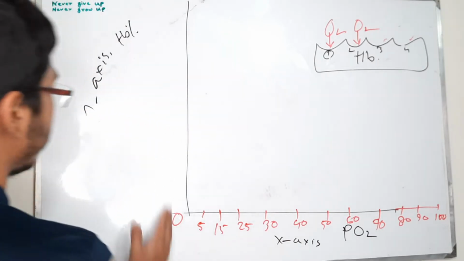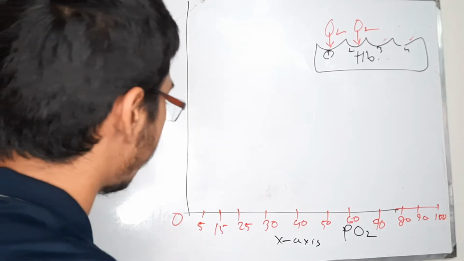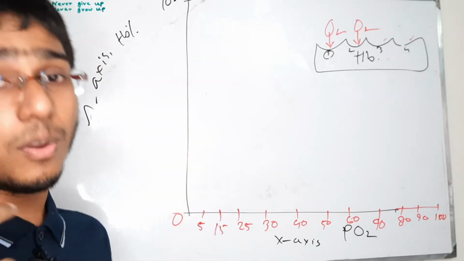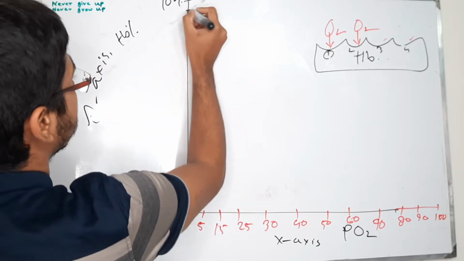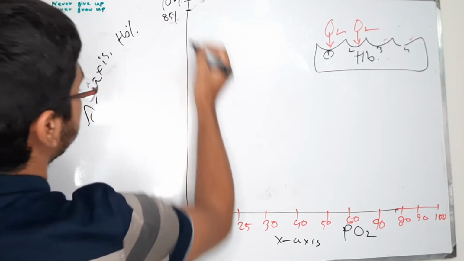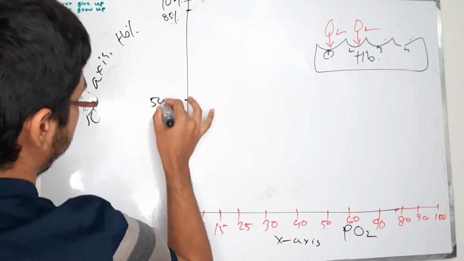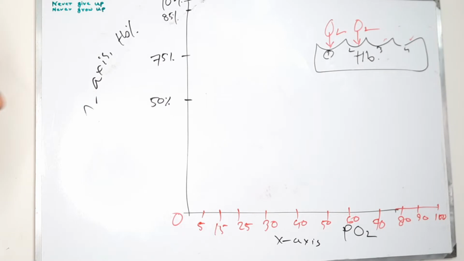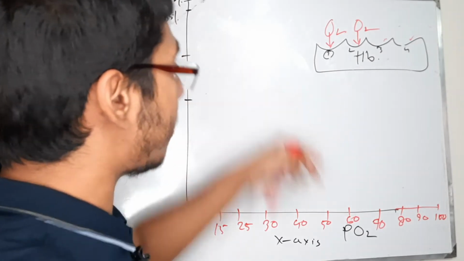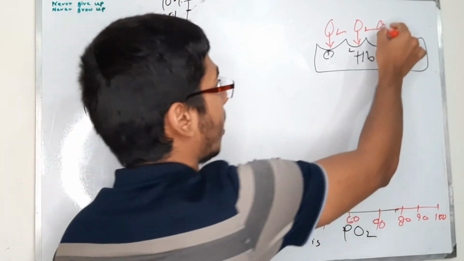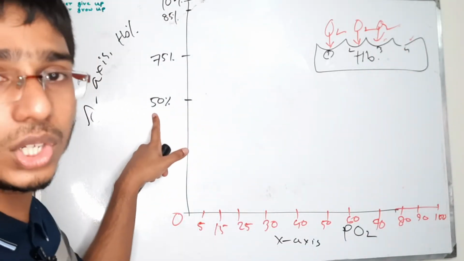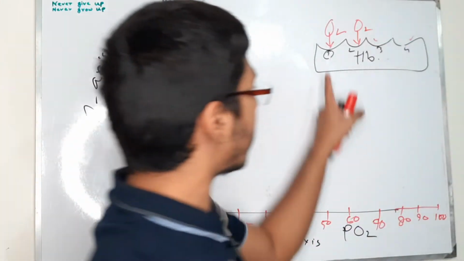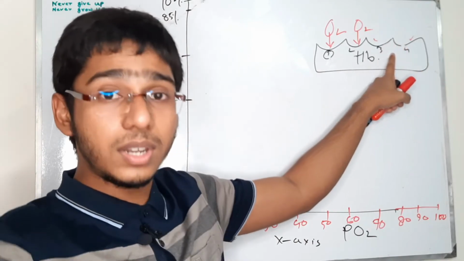Now across this y-axis we'll be plotting the saturation. So let us just suppose that this is 100 millimeter of the mercury, or rather I should be saying this is 100 percent saturation. This indicates almost like 85% saturation. Let us just suppose this is 50% saturation, and let us just suppose this point over here indicates 75% of the saturation. Now when I say 75% saturation, it means 3 of the oxygen molecules remain attached to the hemoglobin. The moment I say 50% saturation of the hemoglobin with oxygen, it means that 2 molecules of the oxygen will be remaining attached to the hemoglobin,